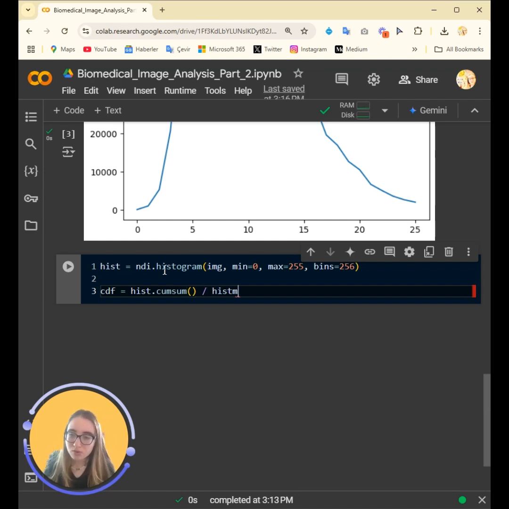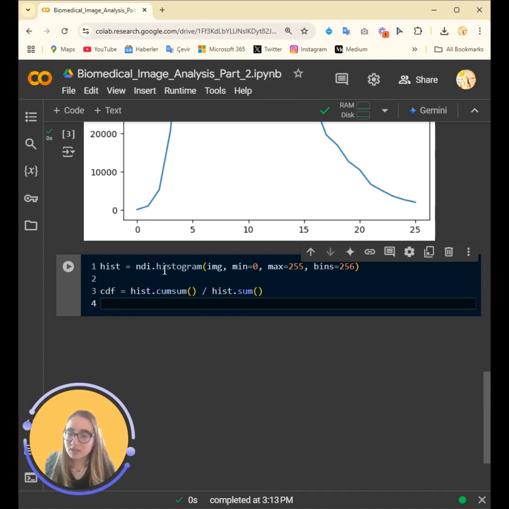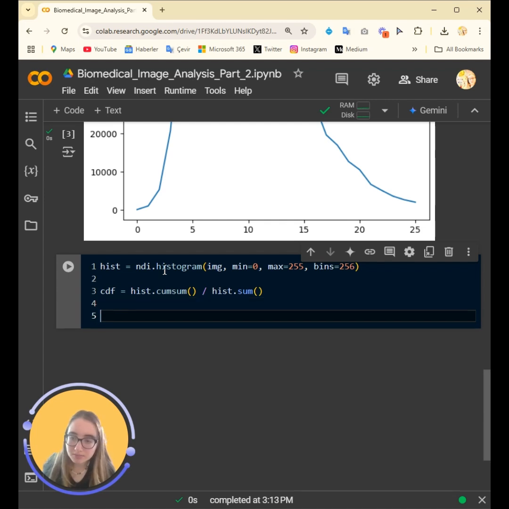That gives us a kind of density, like a density plot of each intensity value, and this will normalize it, because you take the full count and that specific value, and if you divide it, you'll get a kind of normalized image.